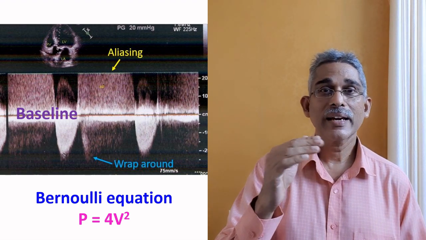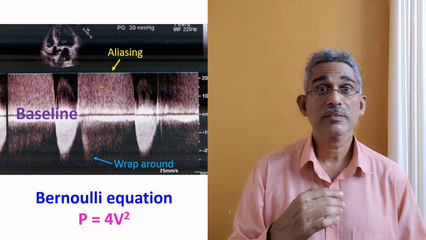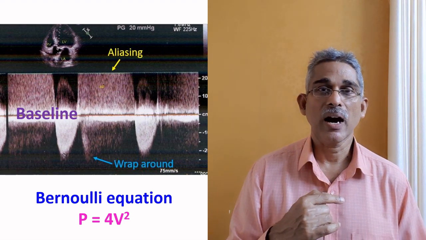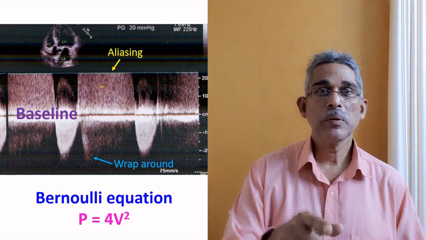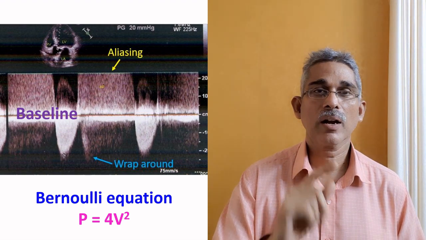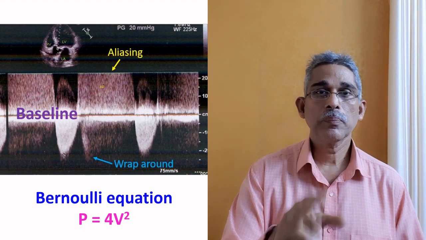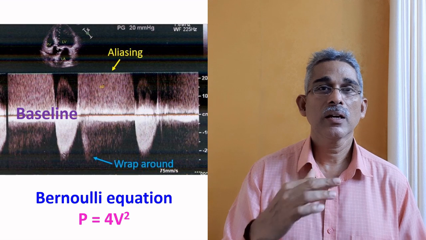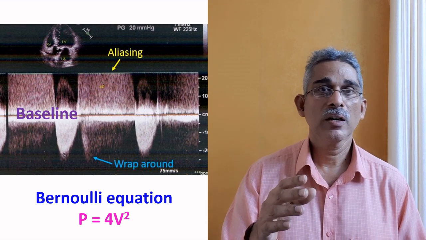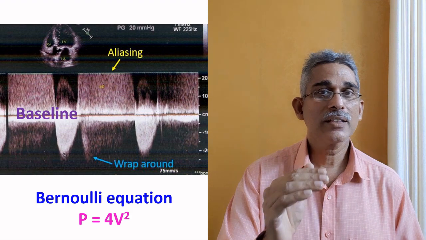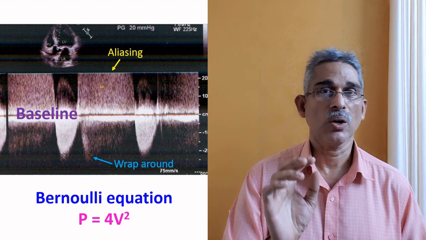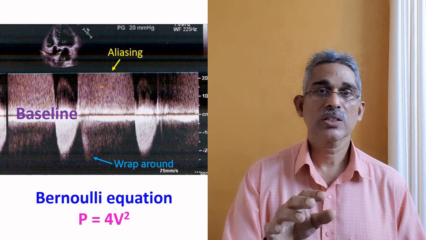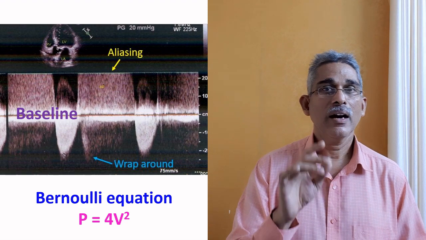And there is another intermediate mode in between, that is known as high pulse repetition frequency mode, that is HPRF. In that, multiple pulses are sent. It's not a continuous wave or a single pulse. As multiple pulses are sent, the range of resolvable velocities, that is higher velocities, can be calculated using HPRF mode. And the disadvantage is that depth perception is slightly lost also. But most of the time we use HPRF to detect high velocity jets and calculate the gradient, and sometimes continuous